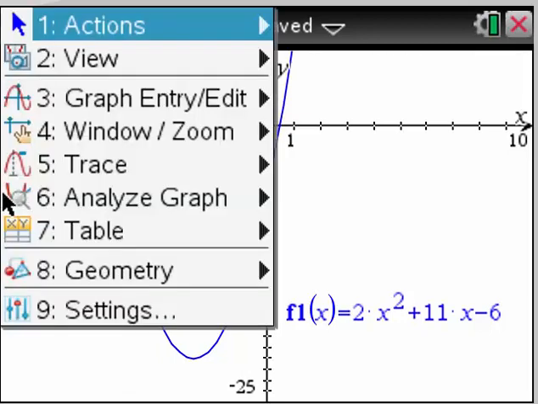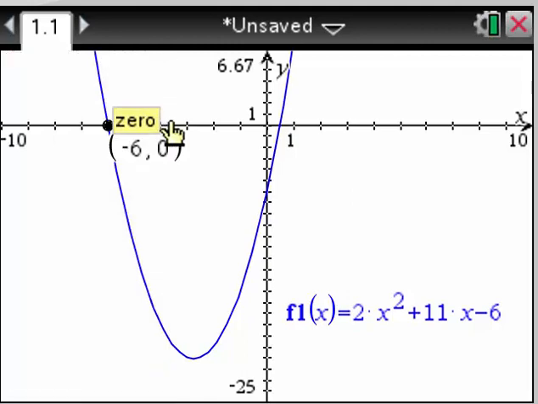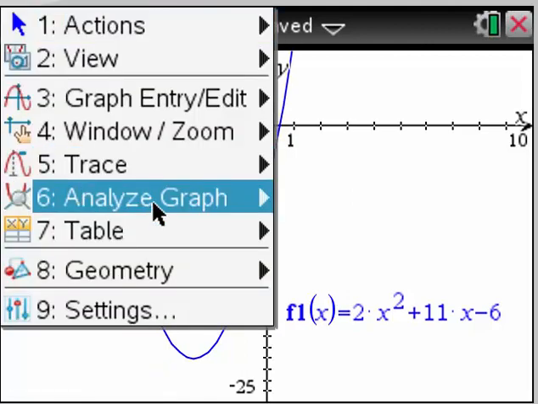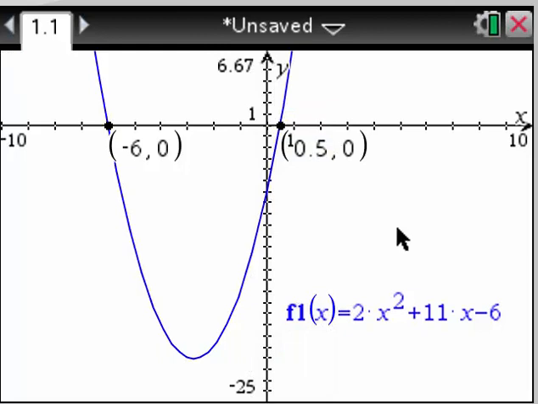Do my zeros. So menu, analyze graph, zeros. There's 1. Analyze graph, zeros. There's the other. And I can clearly see that something is wrong with my work. Oh, I forgot the negative sign. So I'm going to graph this